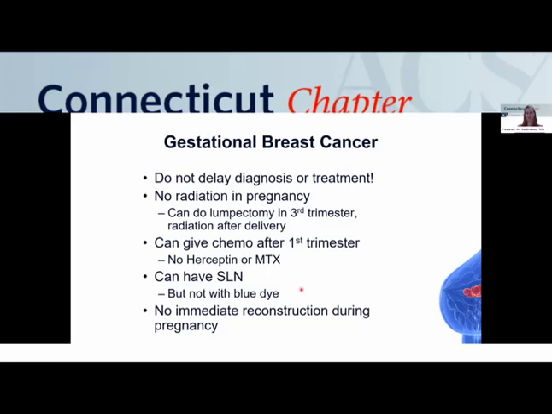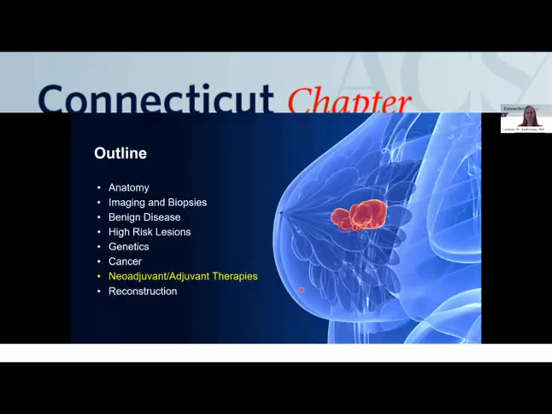And immediate reconstruction is a little bit of an area of controversy, whether we do that or not. Years ago, we said no. Today, it's likely safe. You're just thinking about this time under general anesthesia, which in general is probably not that increased when you're doing immediate reconstruction. In terms of neoadjuvant and adjuvant therapies in our last 10 minutes,